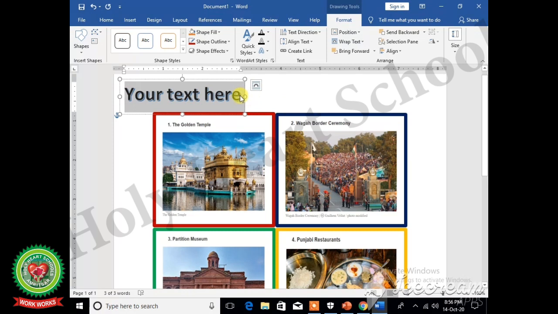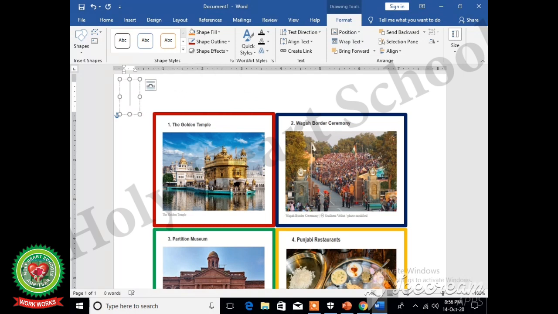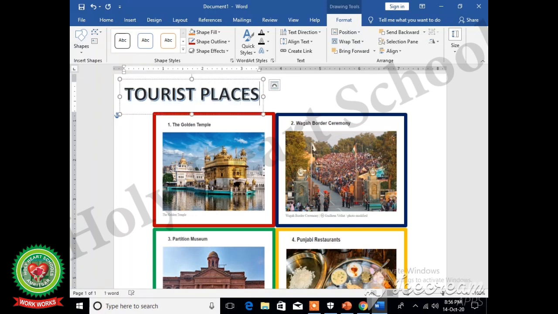Word text box will appear on the screen. Now place the cursor inside it by clicking inside it and type tourist places of Amritsar.